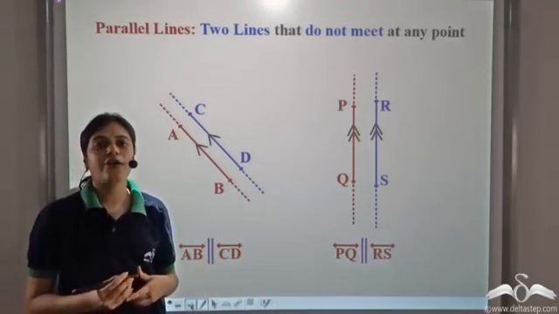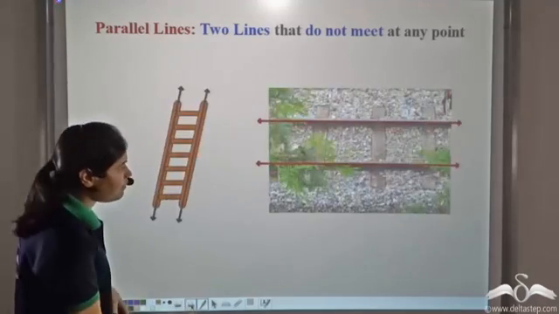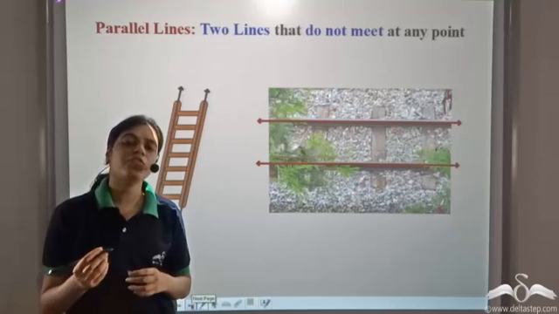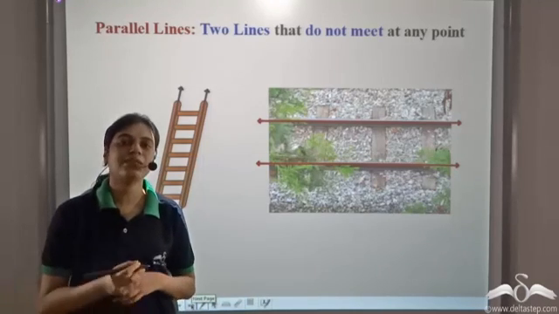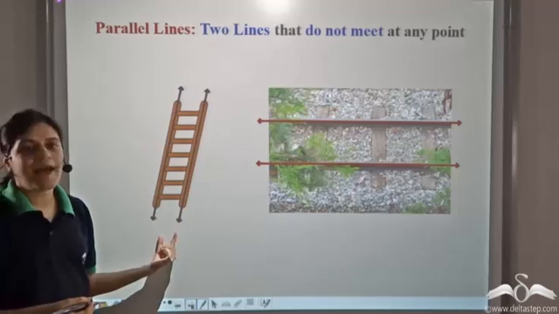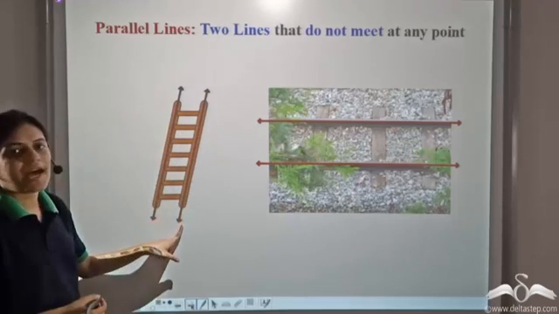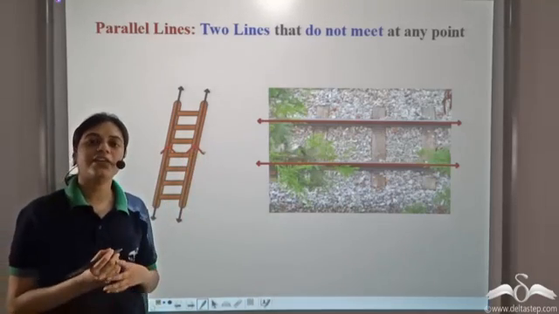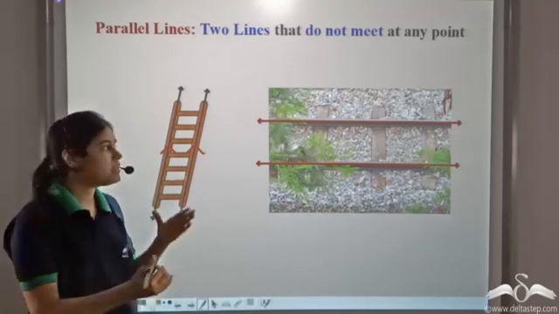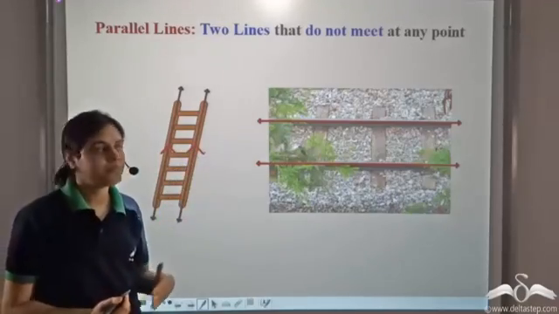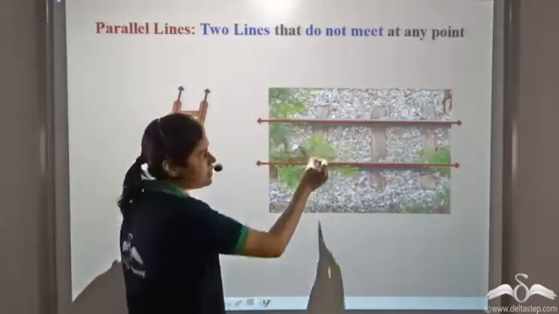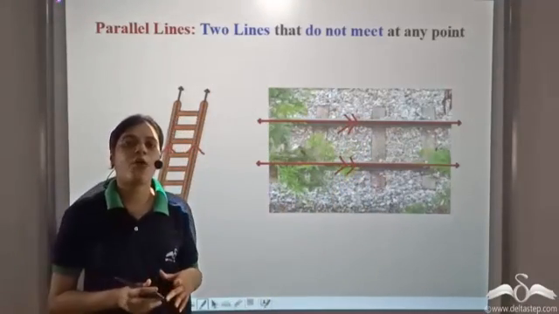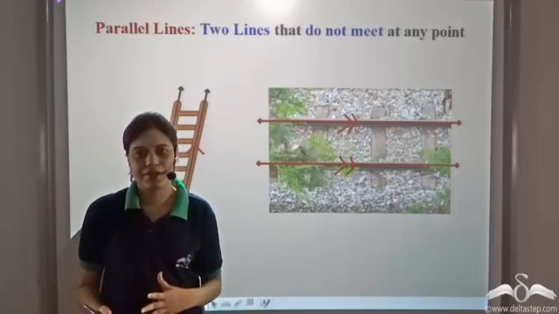Now parallel lines are all around us. You see them everywhere in your daily lives. The desk in which you are sitting right now, the screen on which you are looking, everything contains parallel lines. So if you look at this ladder, these two sides of the ladder are parallel lines. No matter how much you extend them, that is, no matter how long the ladder is, these two sides will never meet. If you look at these railway tracks, then these two lines are parallel lines. So parallel lines are all around us and we see them everywhere.